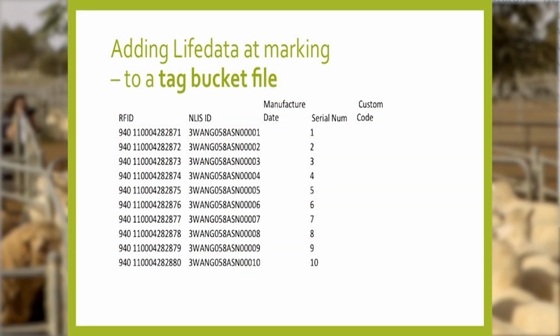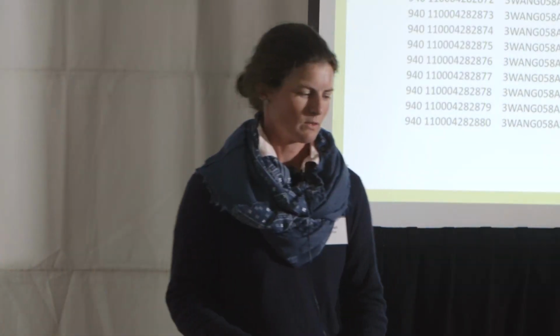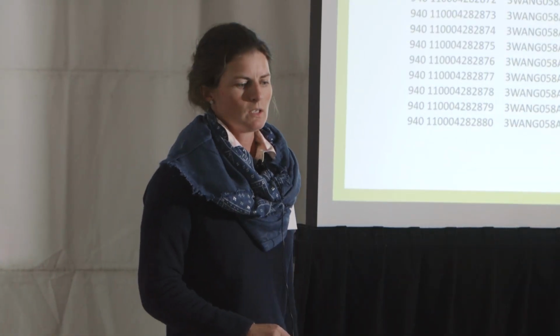Put down what age they're from, and I'm going to explain very simply in an example why that can be very important to know if they're from maidens or from older ewes. Maybe you know the breed of the ewe, or a certain class. If you're classing on merino, maybe you're in 6 months shearing and you've got some still in 12 months, you can say these lambs are all from the 6 months shearing ewes, these ones are from the 12 months, so all of a sudden you've got some information about